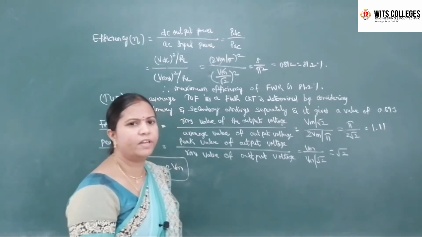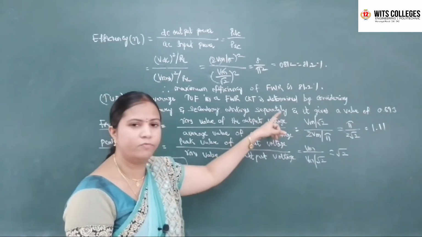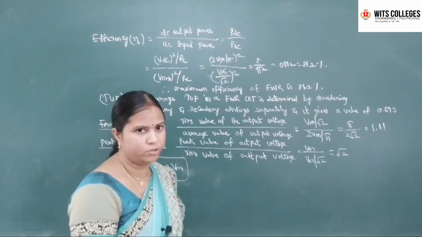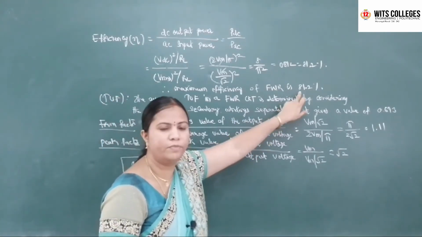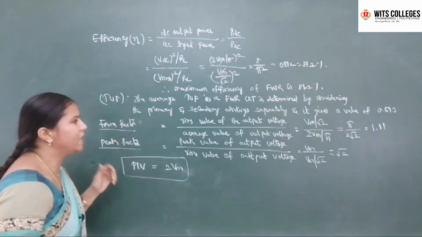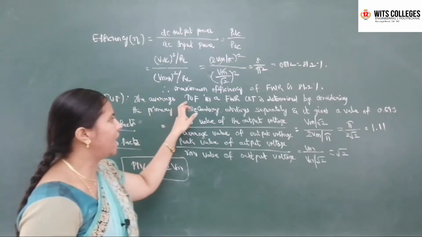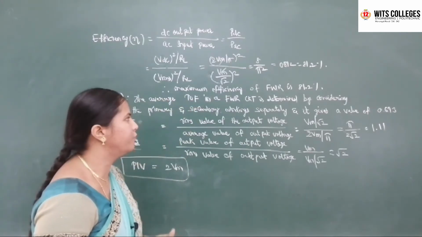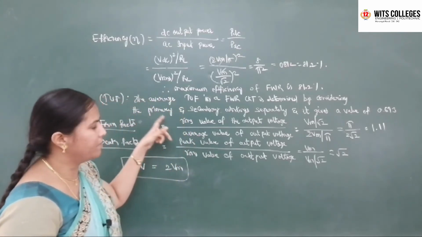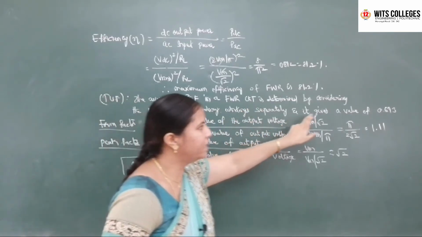Coming to the efficiency of the half wave rectifier, it is 40.6%. So here it is doubled. Why? Because in the full wave rectifier we are using 2 diodes. That means it is double that of the half wave rectifier, 81.2%. Coming to the transformer utilization factor, the average transformer utilization factor in a full wave rectifier circuit is determined by considering the primary and secondary windings separately,